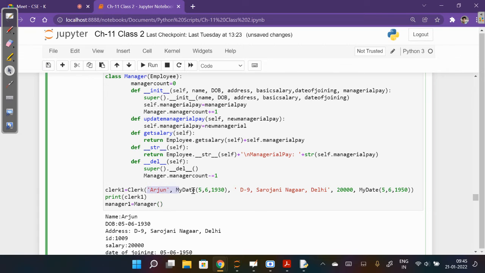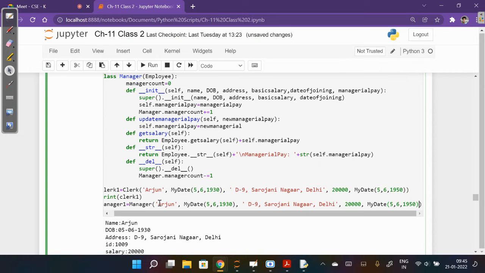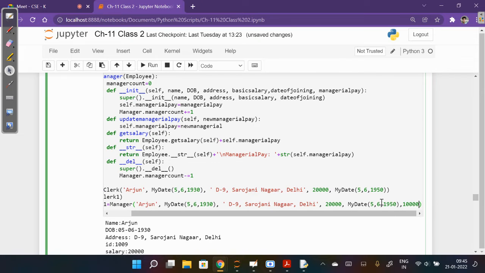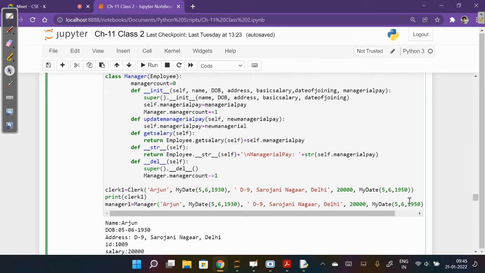Name, date of birth, suppose I write only this. But you can see this manager class has one extra variable, managerial pay. So write that also here. Suppose it is getting 10,000. That is one more value we add. And now if I print it,